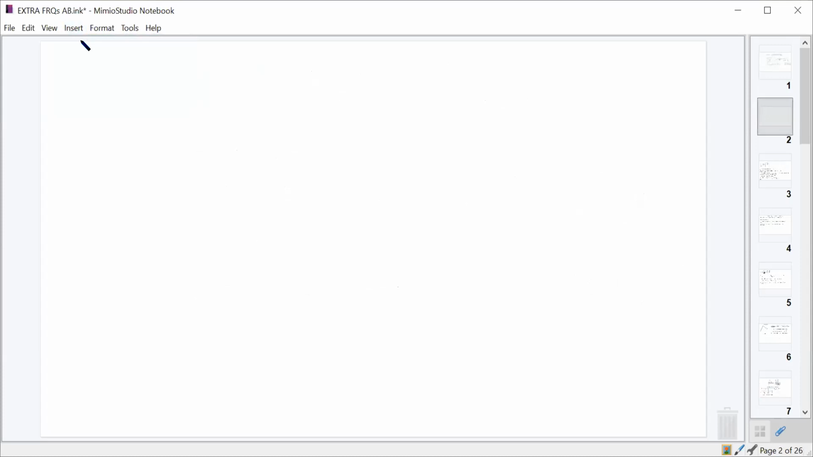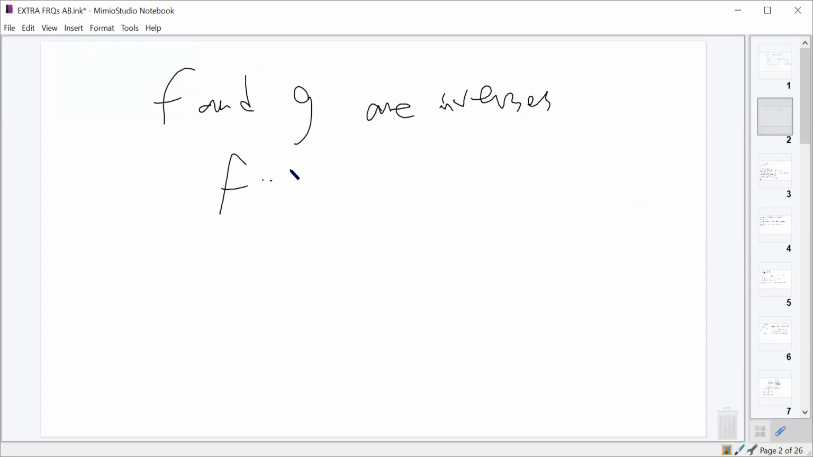The inverse rule for derivatives says that if f and g are inverses, then f must contain a point (a, b), which means that g contains a point (b, a). And the inverse rule for derivatives just specifically states,